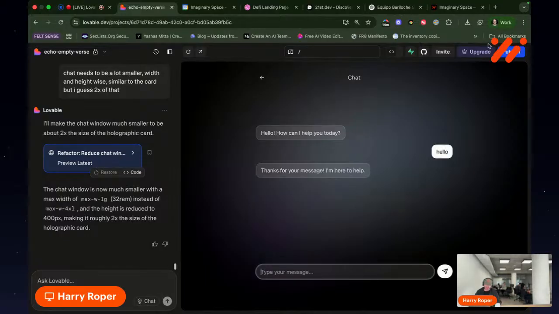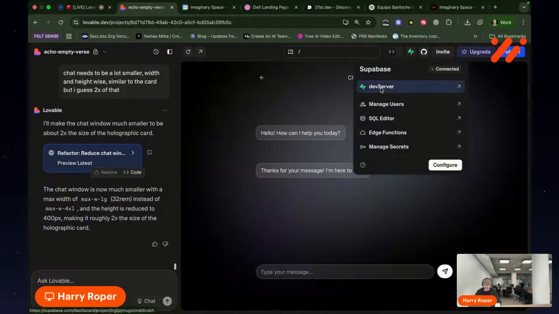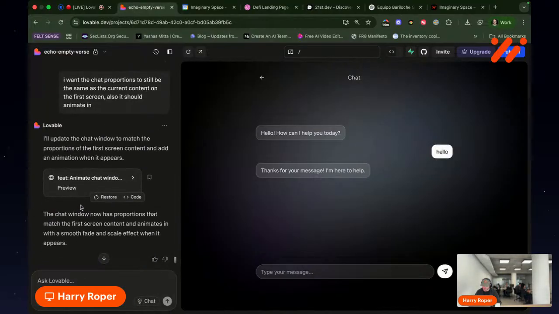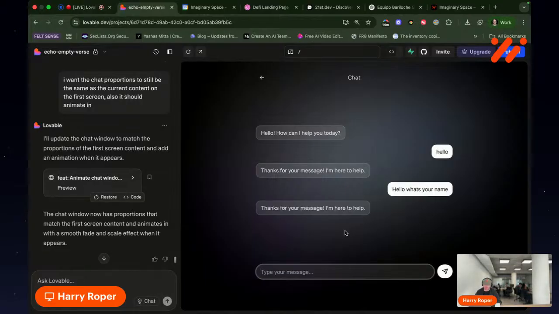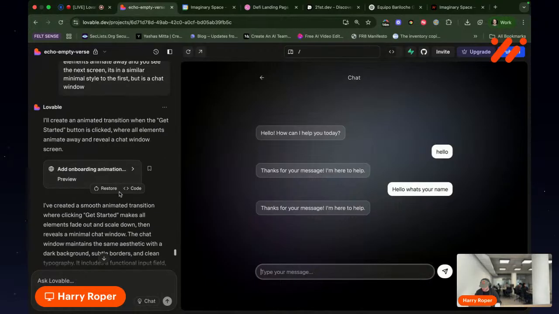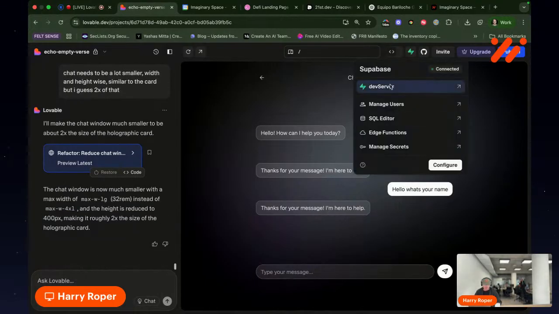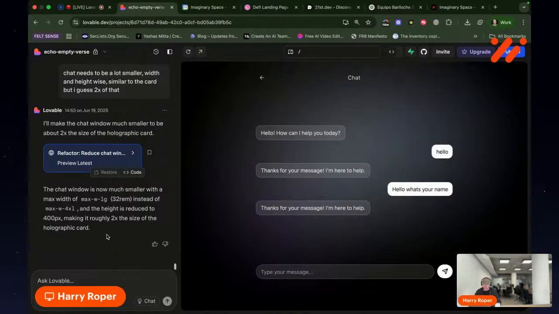Cool. Now, I've already added Supabase in this case. So I wonder if it's already gone ahead and connected to the API. No, so this is all just mock frontend. So I've connected Supabase, it's got nothing in there, but now what we're going to do is add an edge function so that I can talk to an AI assistant. In this case, I will tell Lovable to do that. So I'll say make an edge function that connects to ChatGPT and allows me to chat with an assistant in